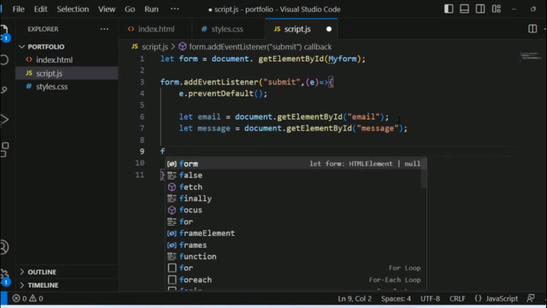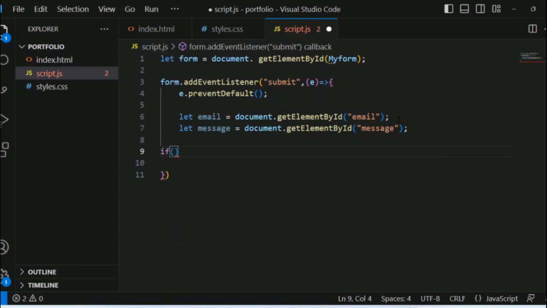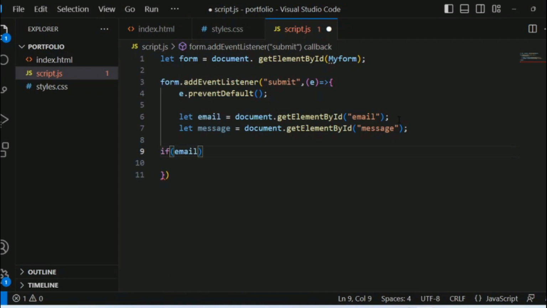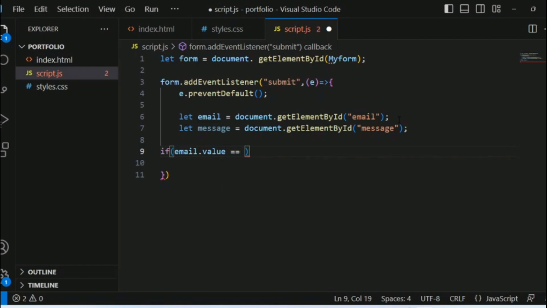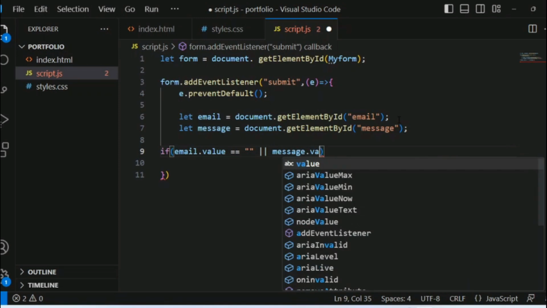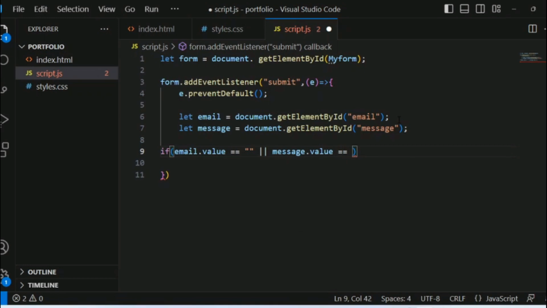So if our email value is empty, and message.value is equal to empty,